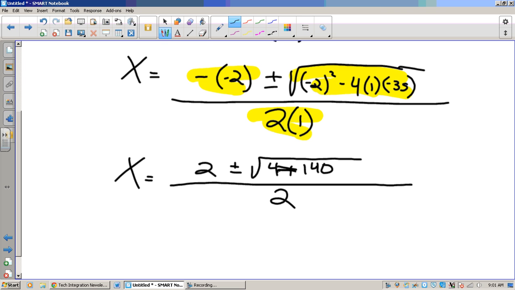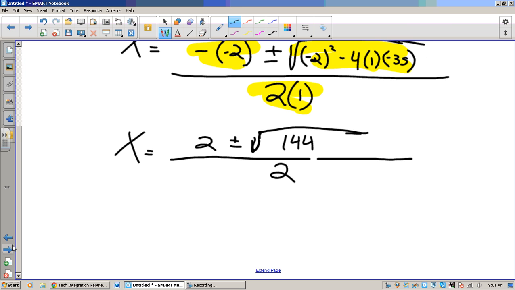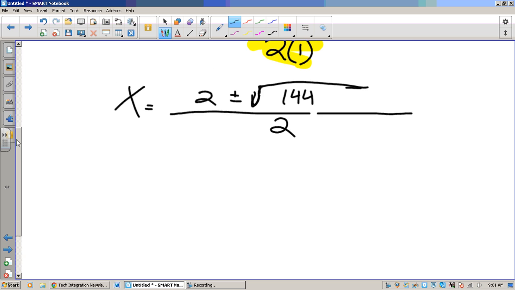No, it's not. We've got 140 and 4 is 144. We know 144 is what? 144 is 12. No, it's not. I know, 144 is a perfect square, right? Perfect square. So you're jumping a step ahead. I know where you're at, but we know 144 is a perfect square, and that makes this a little